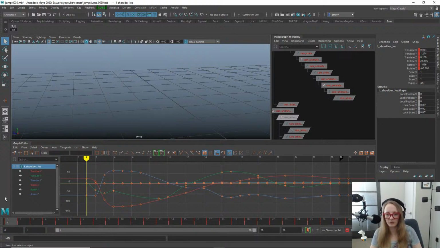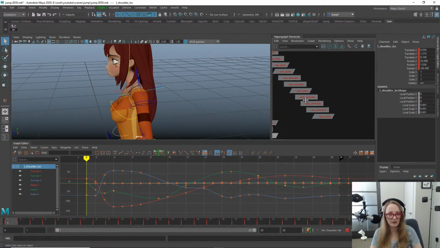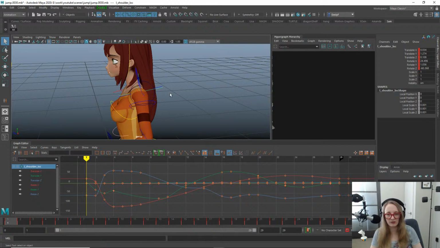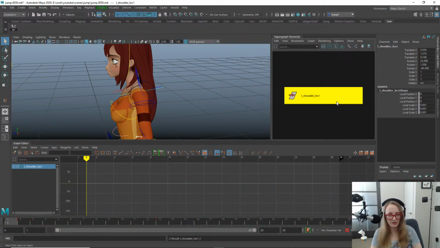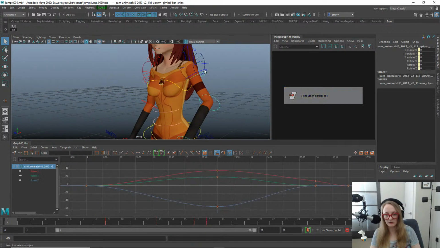Okay, I wonder if... Alright, let me try this. I'm gonna save this locator since it already has the data on it, but I'm just gonna go ahead and duplicate this. And this is going to be our left shoulder gimbal locator. And, alright, so there's no animation on that guy, but what we're gonna do is constrain it